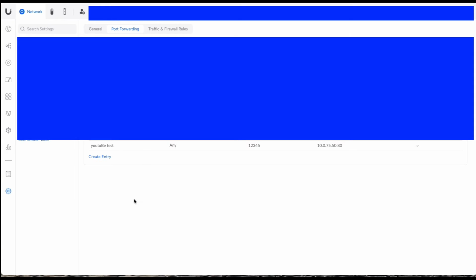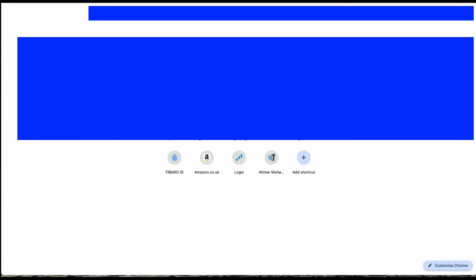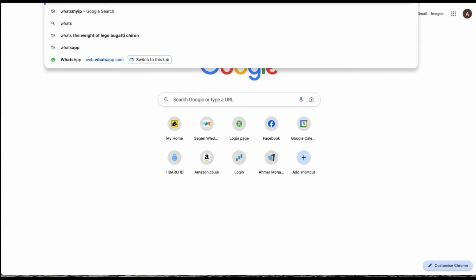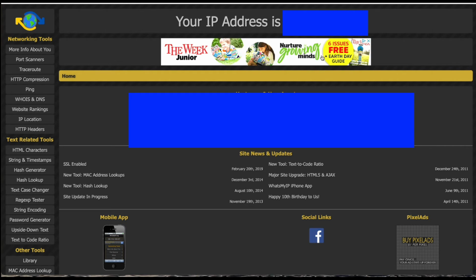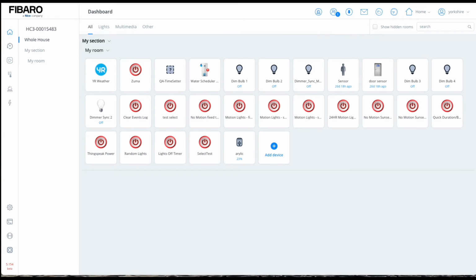Now, what's the IP address I need to use to get into my property? For that, the best thing to do is we type in whatsmyip.org, and it then displays what your IP address is up here. I've hidden mine for security reasons. So my IP is here. So if I then type in this specific IP, :12345, that will then take me straight in to this page from outside,